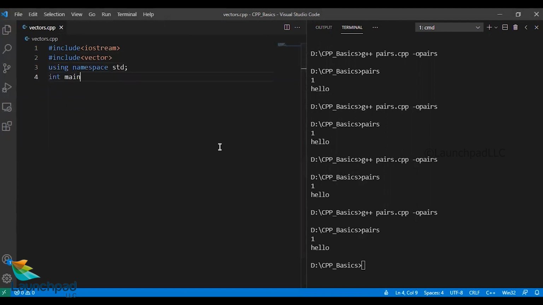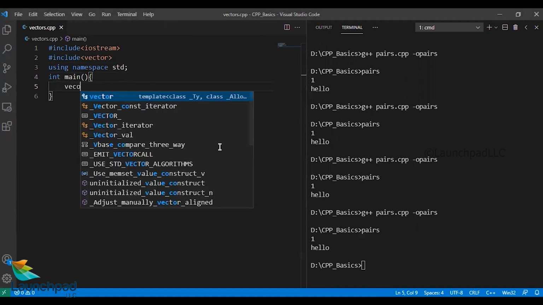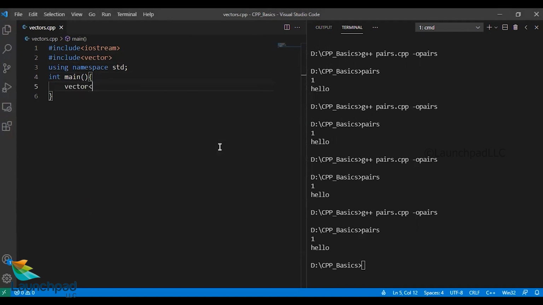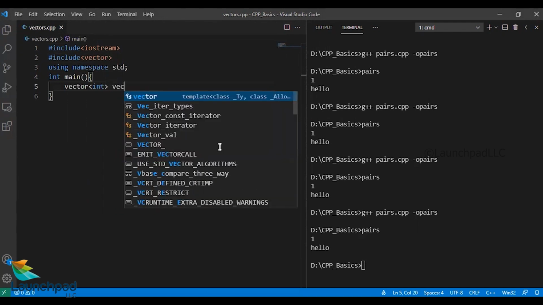Let's begin with the main function. Let's create a vector, which takes the template and contains integer numbers, with the name VEC.